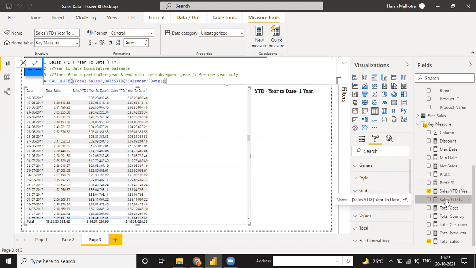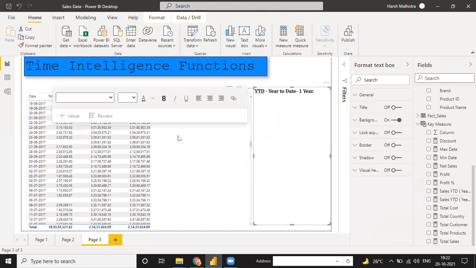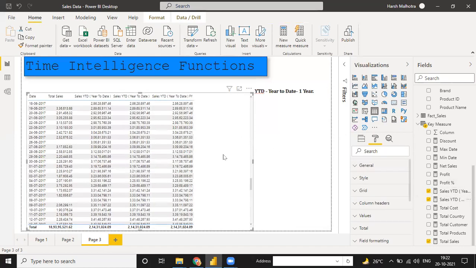I think my mouse is stuck. Now you put the June 30, and it will show you the correct value. I put the same.